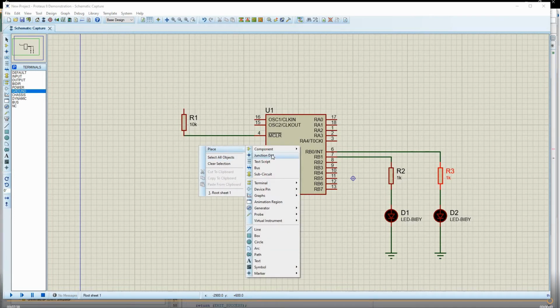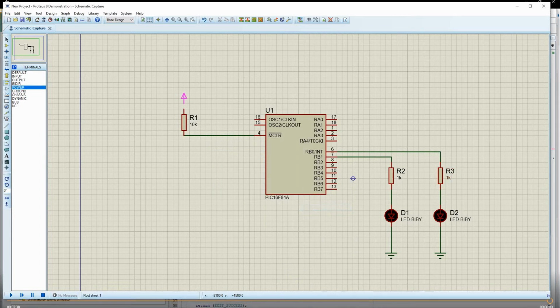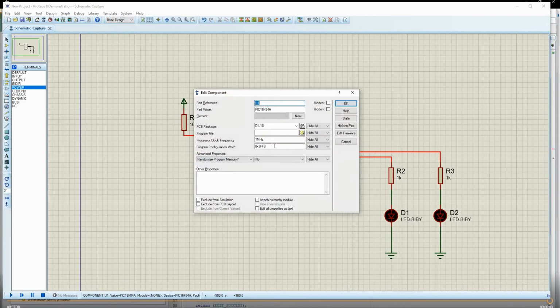In the last chapter we had seen that the crystal we were connecting was not the one which was driving the clock. It was the one, I'll show you. Okay, this crystal was the one which was driving the clock.